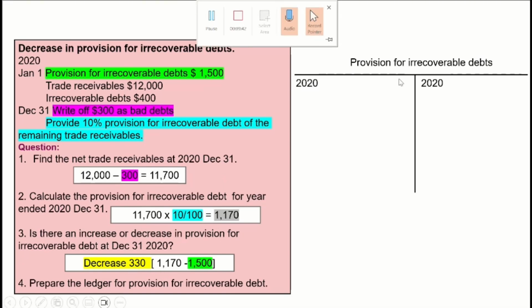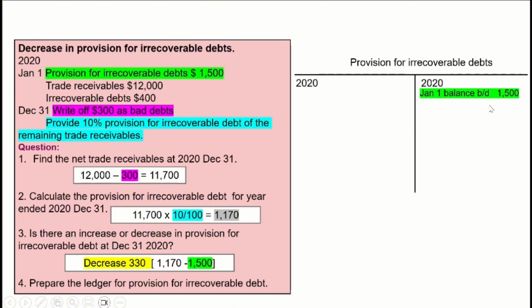Now, let's show this impact in the ledger. As we did before, the opening balance should appear on the credit side. Jan 1st balance brought down 1,500. For the current year, it's 1,170. December 31st balance carried down on the debit side, and then bring it to the opposite side on the credit side. 2021 Jan 1st balance brought down